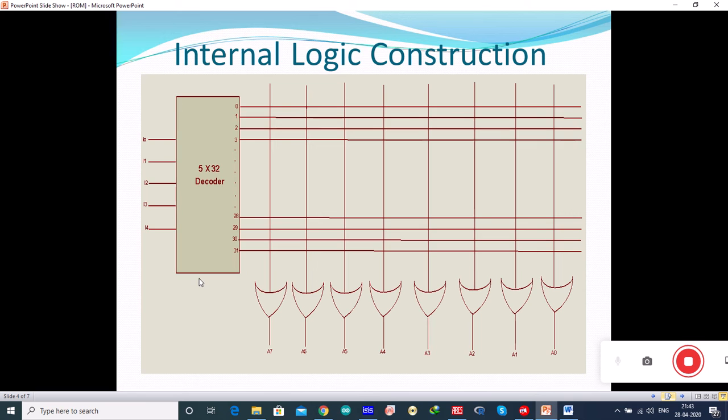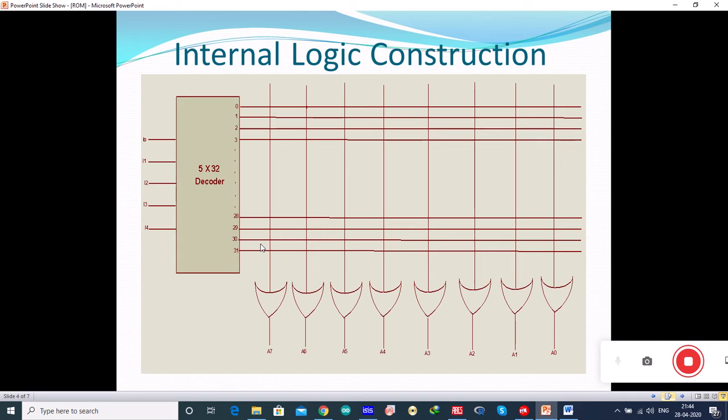The 32 outputs of the decoder are connected to each of the 8 OR gates. Each OR gate will be connected to all the 32 outputs of the decoder. The diagram shows the array logic convention which is used in complex circuits. Each OR gate must be considered as having 32 inputs here. Each output of the decoder is connected to one of the inputs of each OR gate. Since each OR gate has 32 input connections and there are 8 OR gates, the ROM contains a total of 32 times 8, that is 256 internal connections.